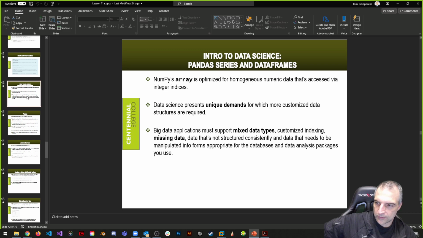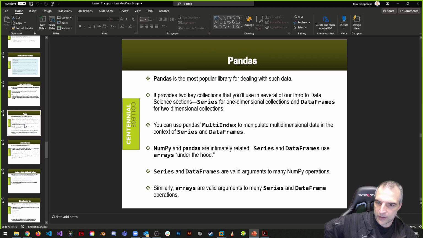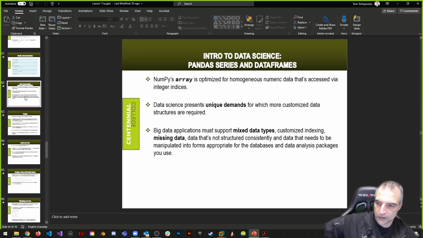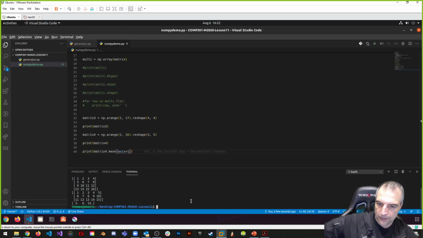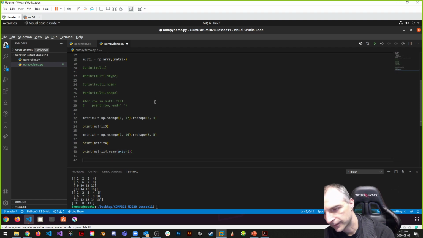And what this does is it's going to talk about this. I recommend reading ahead. There's some really great stuff that you can do with series and data frames. And what it does is it expands on what we do with NumPy. Okay, so if you look at NumPy, one thing to note before we leave for the day is, what about